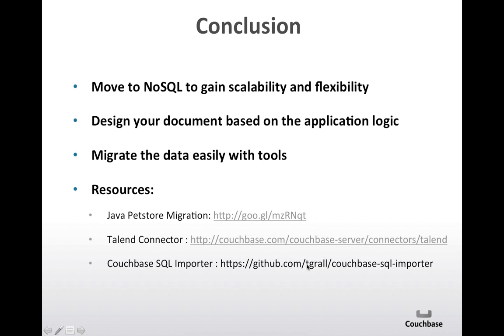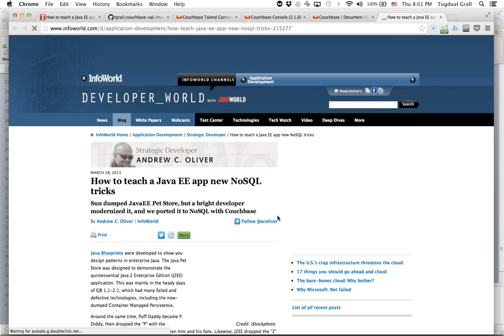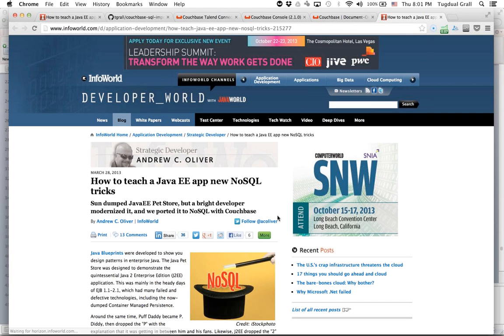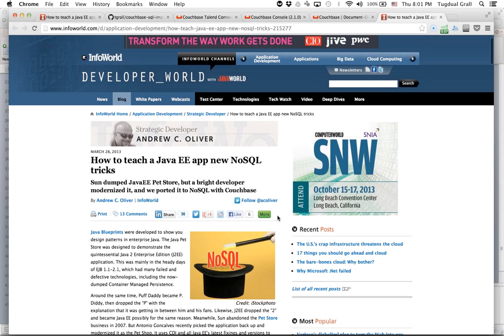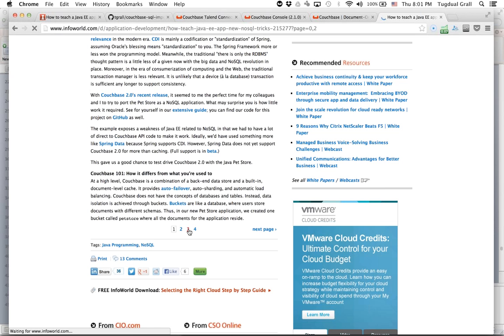In addition, I have put some information about interesting resources for you. So the Talend connector and the Couchbase importer, but also a very interesting example, especially for Java developers, that has been done by somebody in the community, using the Java Pet Store. This is a sample app from Java EE where they migrate the application from SQL, JPA, the Java Persistence API, to Couchbase, explaining the different steps.